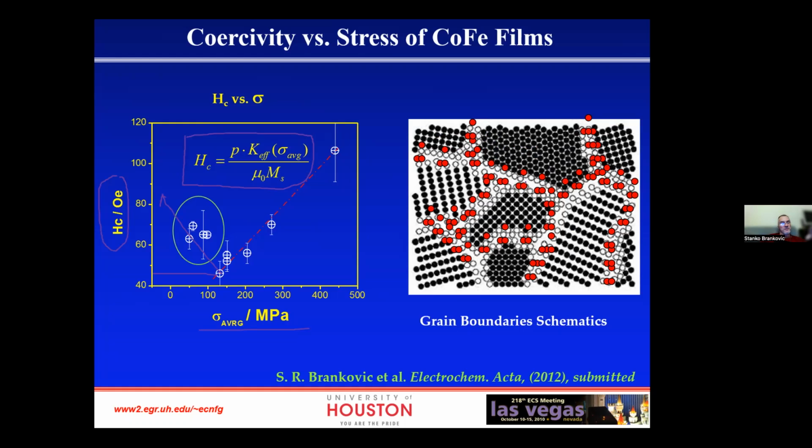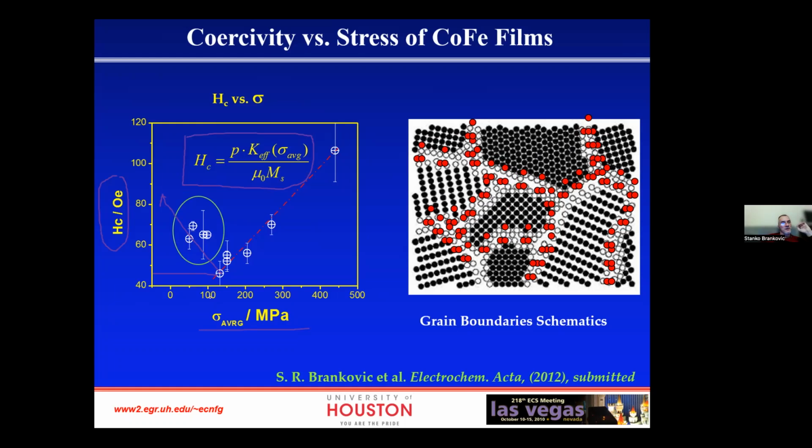And this type of structure, which is decoupled by the non-magnetic phase, suddenly becomes acting like magnetically harder, because when you flip the magnetization in one grain, instead of helping flip the other grains, because they are not magnetically talking to each other, actually they don't flip. They require more energy to flip further, and this is why you see this kind of slight increase. So it's a kind of